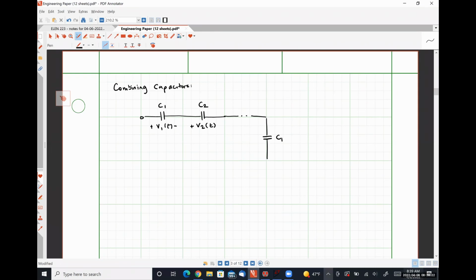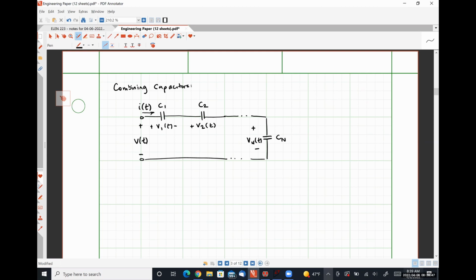And then a capacitance Cn over which a voltage drop Vn occurs. So let's say that the voltage drop over all of our capacitors connected in series is V of t, and the current flowing through all of our capacitors